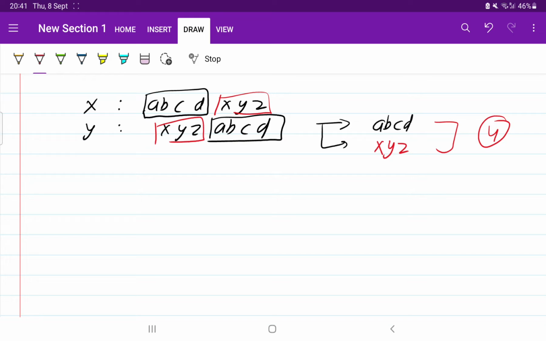Okay, so we can take many examples, but I think this will be more than sufficient. So how are we going to approach the problem? In LCS we used two approaches. First, we used the recursive approach, then we used the dynamic programming approach, that is the top down approach. So here also we are going to see these two approaches.